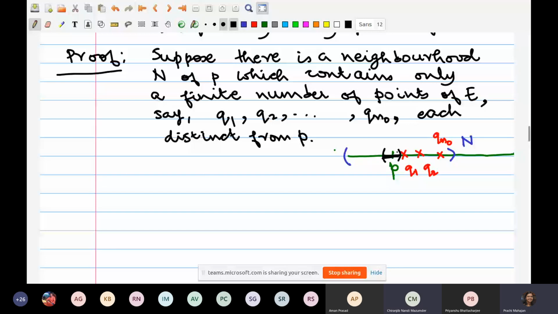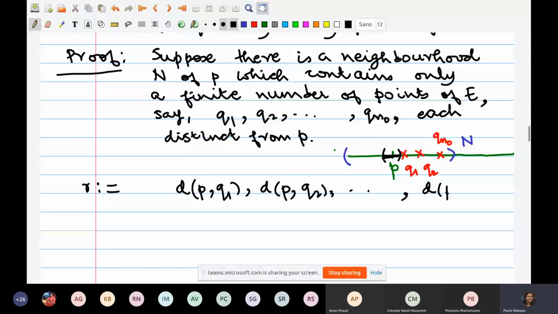What I have drawn in black, yes, here, right? One way to analytically write the same thing is, how will I go on choosing a neighborhood? The center P is fixed, right? I have to choose a neighborhood of P, so I have to give the radius of that neighborhood. So let's consider r as follows. I'm going to look at the distance of the point P from the point Q1, the distance of the point P from the point Q2, all the way up till Qn0. There are only finitely many points.